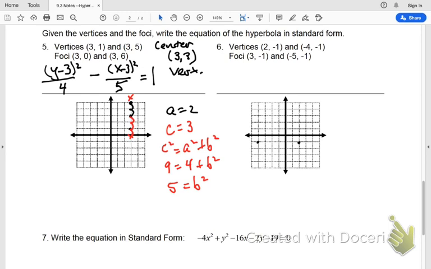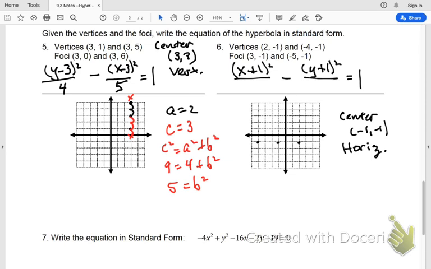So those are 1, 2, 3, 4, 5, 6 units away. Halfway would put you at 1, 2, 3 right here at negative 1, negative 1. So my center is at negative 1, negative 1. Obviously, because my vertices are horizontally on either side of that center, it's going to be a horizontal hyperbola. So my x will be written first. So I'm going to do x plus 1 squared, and then minus y plus 1 squared